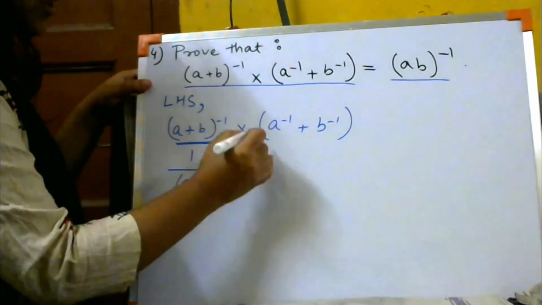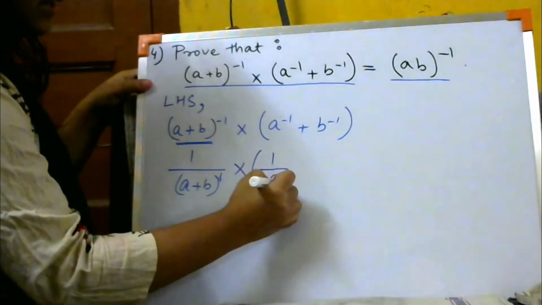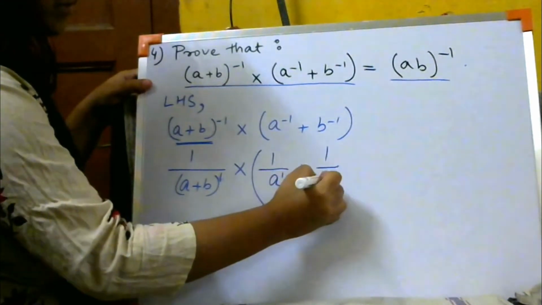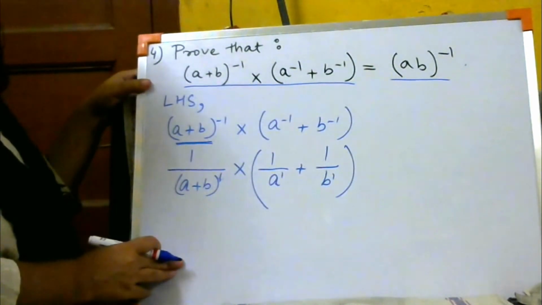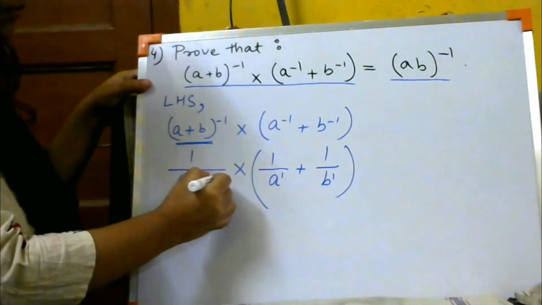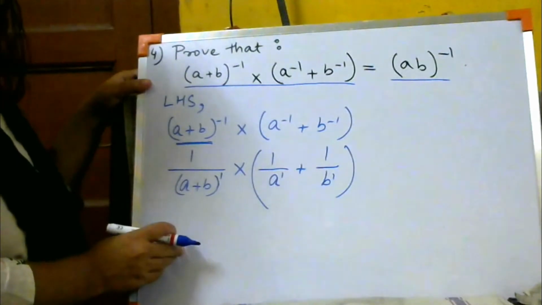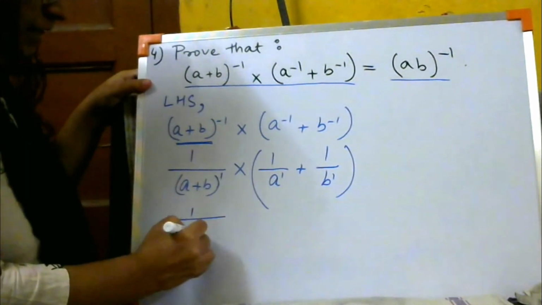I hope you know which formula I am using over here. यहाँ पे भी वो सेम होगा, ब्रैकेट के अंदर a पे 1, यहाँ पे b पे भी सिर्फ 1, माइनस साइन नहीं रहेगा. I hope you understood what I am doing over here. ठीक है? So I will not repeat again and again which law I am using over here. If you know the law, you know it which I am using. So 1 by a plus b भी लिख सकते हैं.